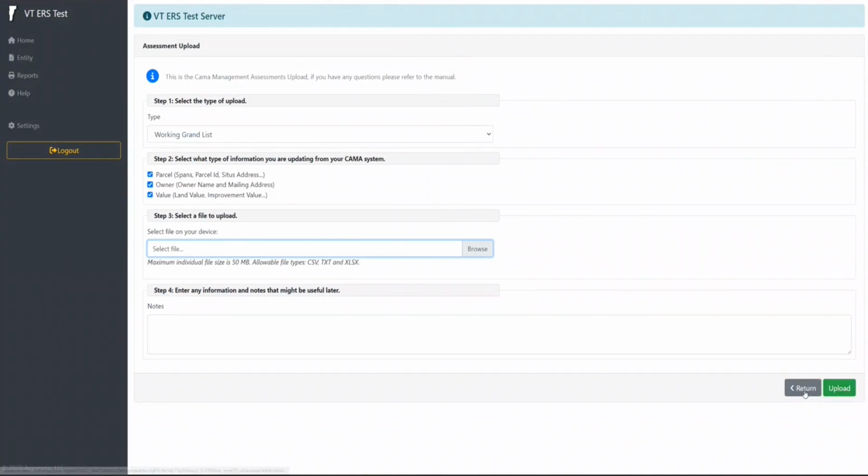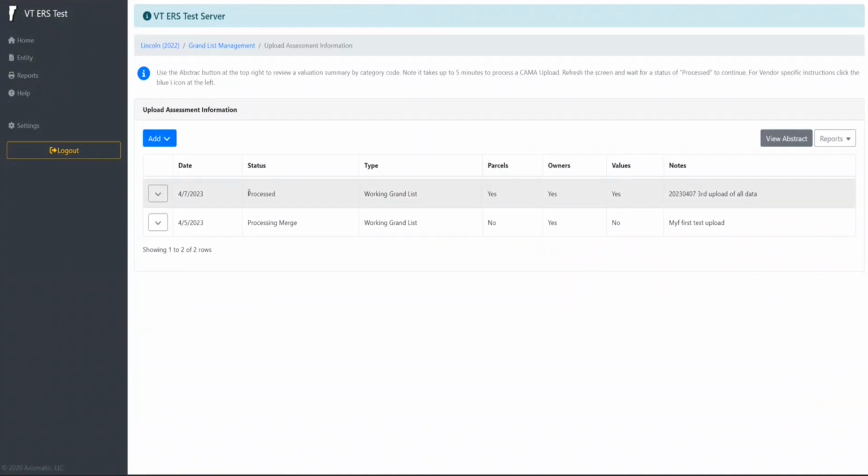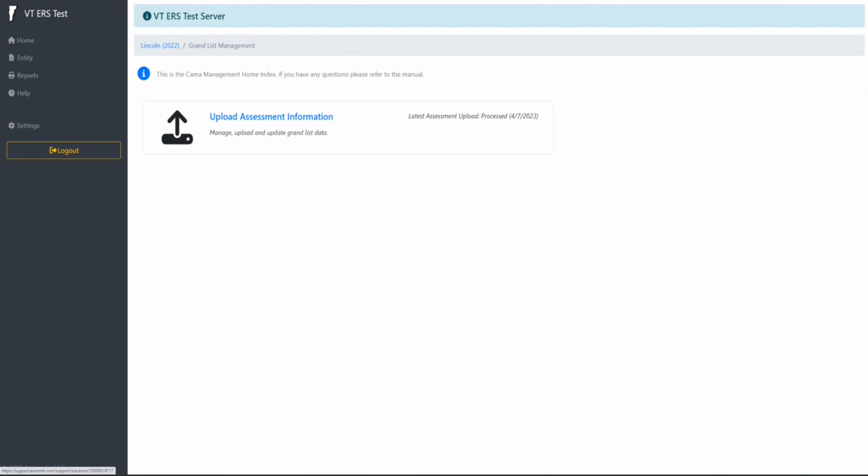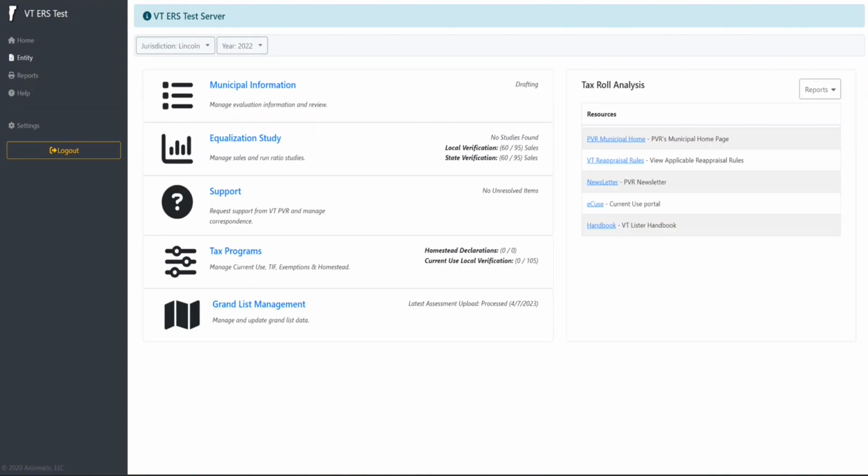And then wait, like I said, about every 5 minutes, you'll eventually get to this step. You can check your abstract and you should be good to go. So I'm just going to switch back over to the PowerPoint here,